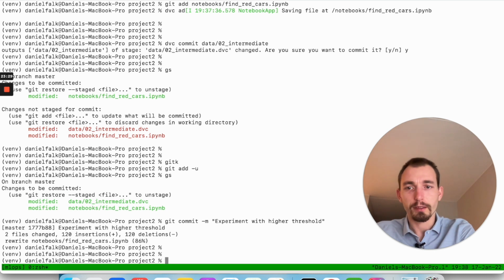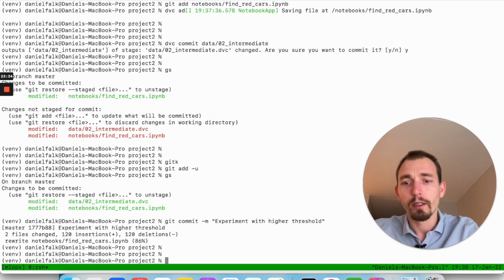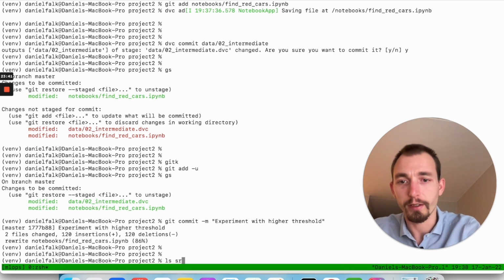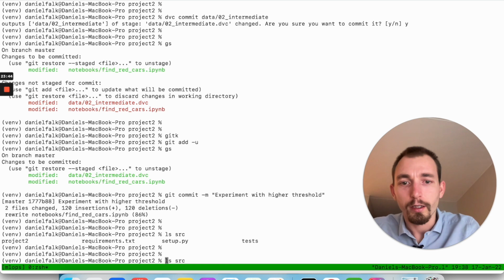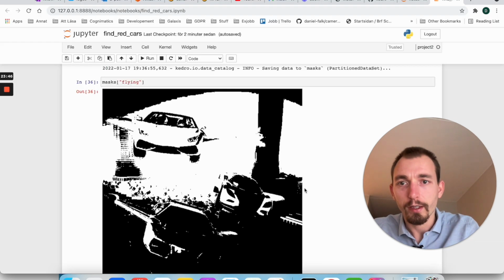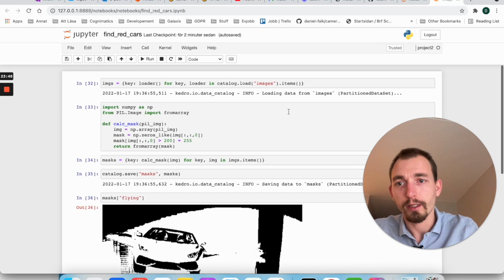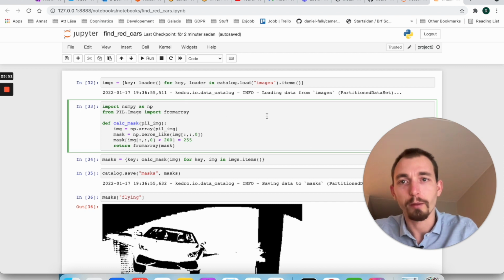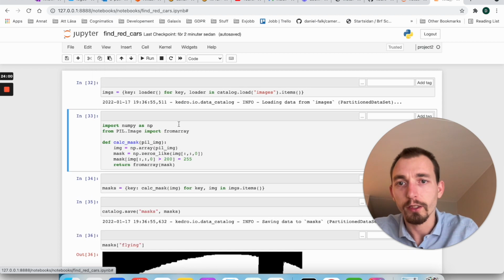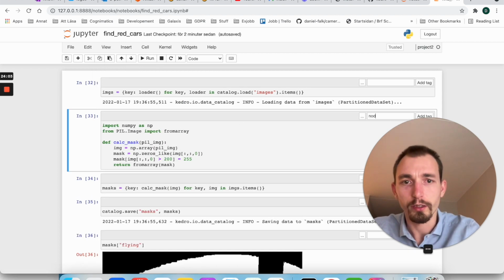So this is probably it for this time. There are a lot more nice features in Kedro. For example, we have all the pipelines that we haven't discussed yet, which are located in the source folder. And what we can do here is that if we want to create a pipeline from a notebook, we can automatically do this from certain cells. So if we add a tag to this notebook, which is called node,